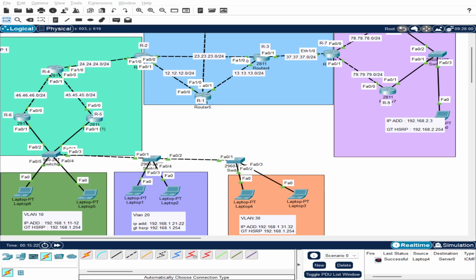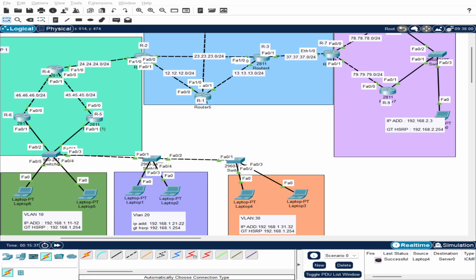When this laptop wants to connect to R4, it has to go through one of these two routers. To make the gateway only one, we use HSRP.